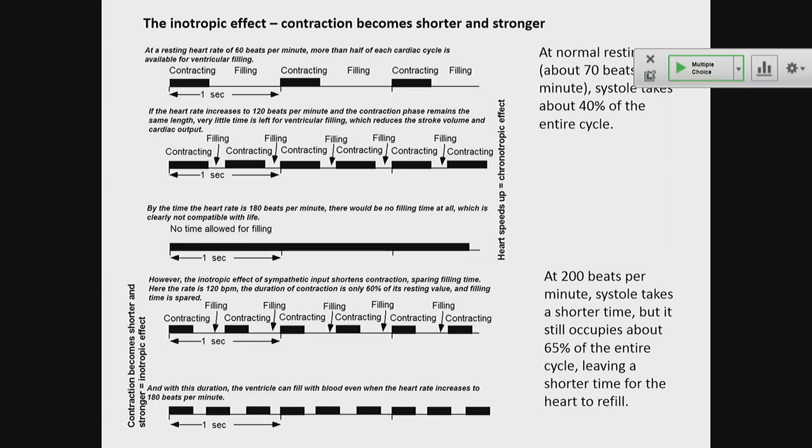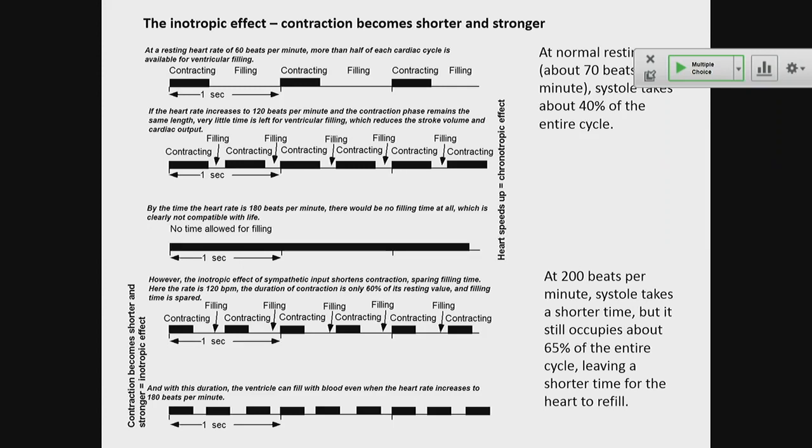But both of these transmitters and hormone act on a receptor on the heart, that's the beta-1 receptor. So that's one of the adrenergic receptors. And that receptor is equally sensitive to norepinephrine and epinephrine, okay? So in the end, it doesn't matter what the source is of the molecular signal, whether it's neuronal or hormonal, okay? They both act on the receptor, and the receptor is equally sensitive to both.